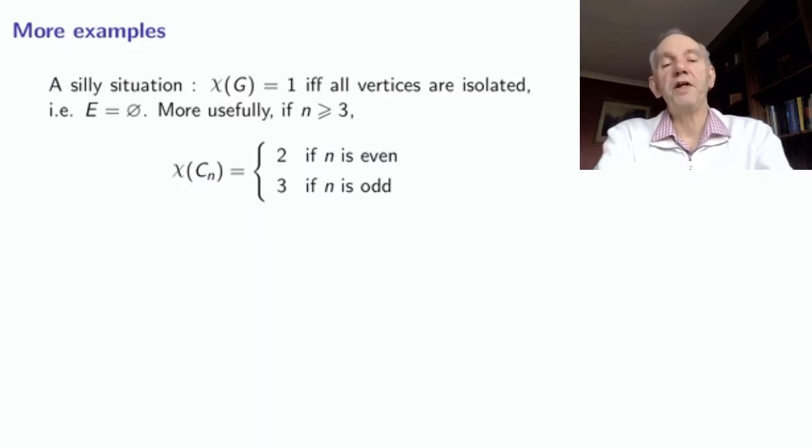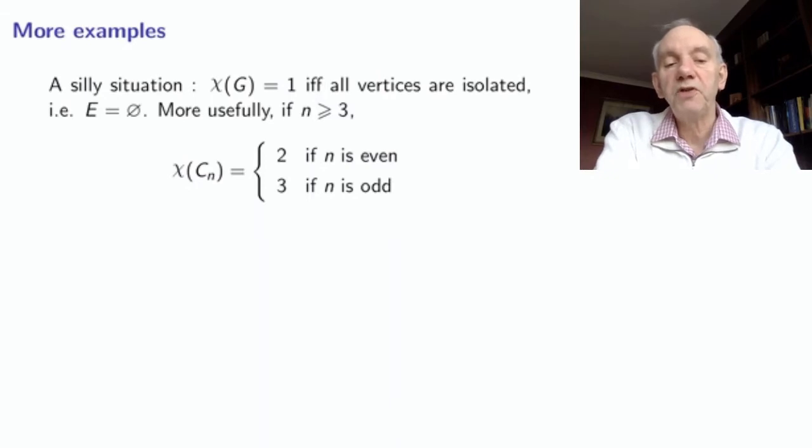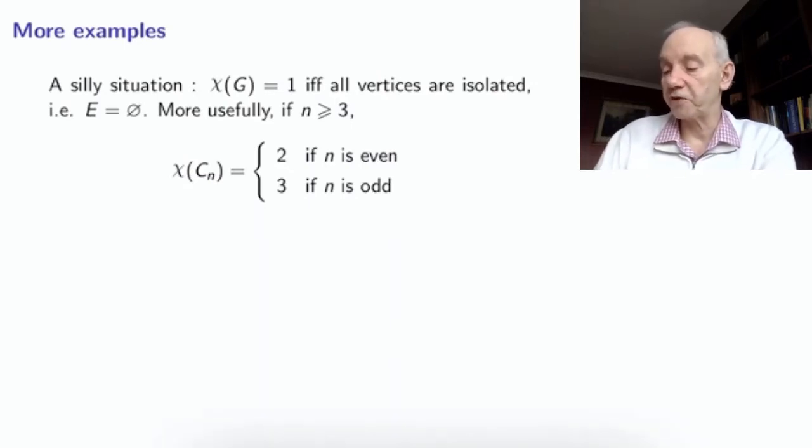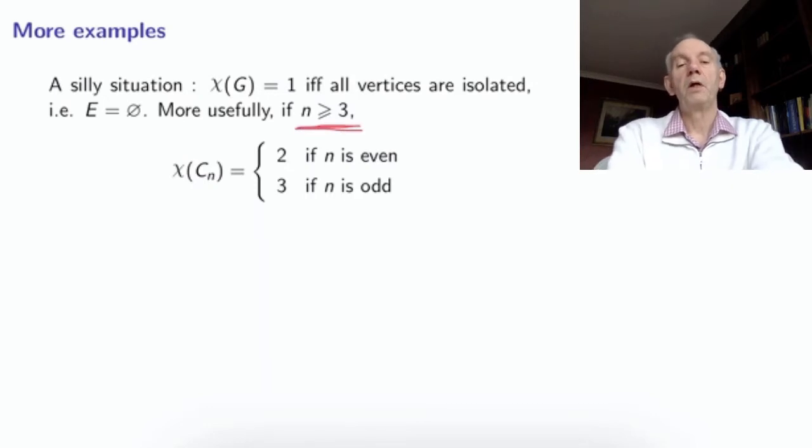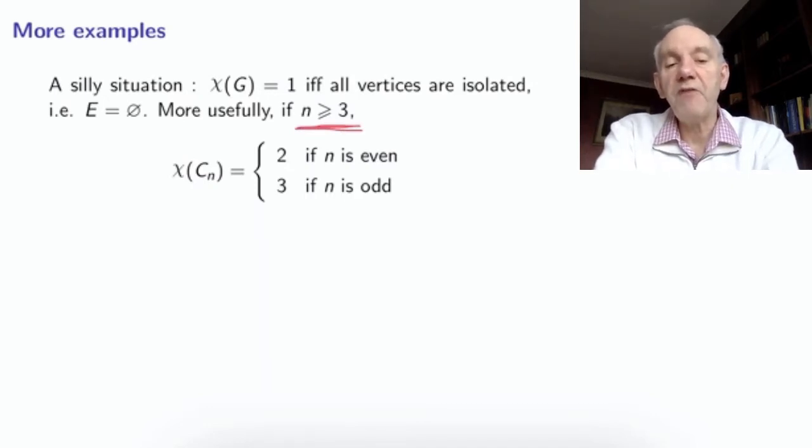And I should have said that in this colouring situation, I want to stick to simple graphs. I want to ignore the situation of multiple edges, and I want to ignore the situation in which we have a loop, because if we have a loop, colouring becomes impossible. So, as I wrote on the previous slide, all our graphs in this section will be assumed always to be simple. So that means that if I want to talk about cycle graphs, I need n to be at least 3. But if I have any even number of vertices, then the chromatic number is 2, because 2 colours will